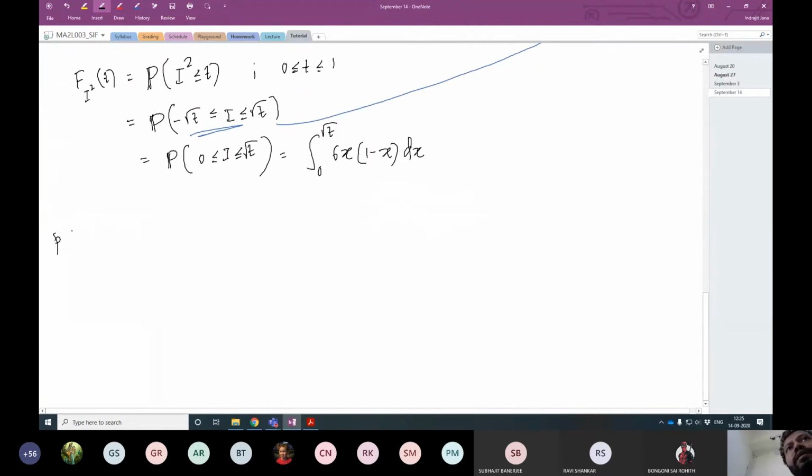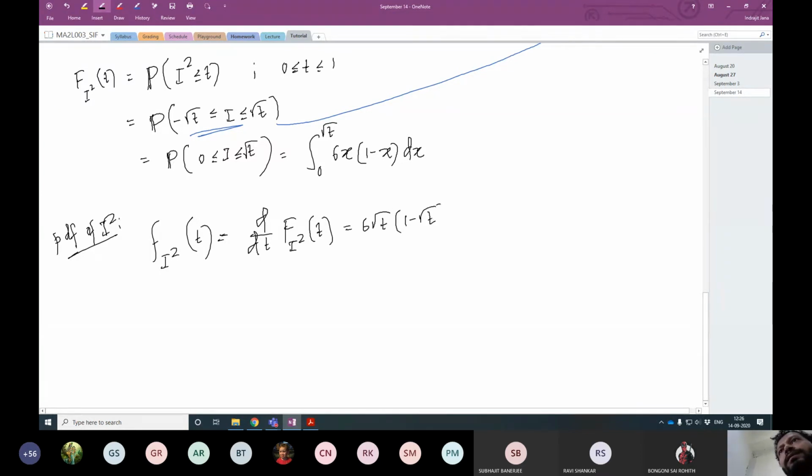And then the PDF of I square. The PDF of I square is given by the little f of I square at t, which is the derivative of the CDF, so d/dt of F of I square at t. If you take the derivative, this is high school differentiation, so 6 square root of t times (1 minus square root of t), and the derivative of square root of t is 1 over 2 square root of t. So eventually, this is 3(1 minus square root of t)